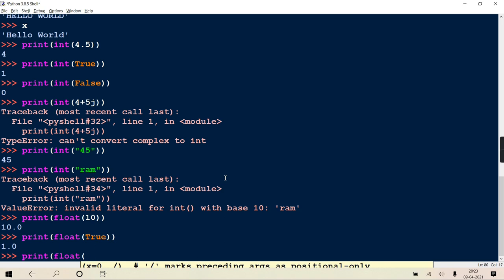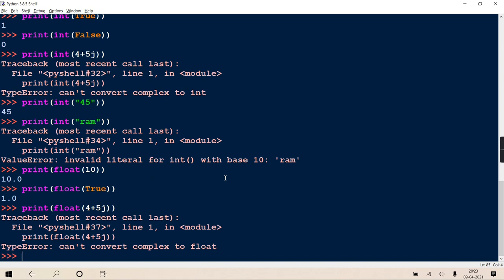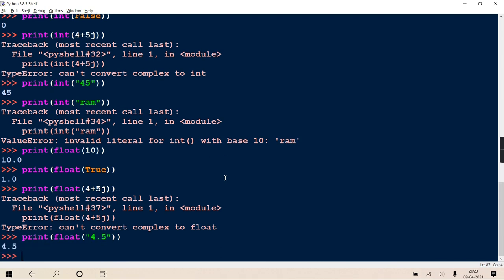Float of 4 plus 5j gives a type error, because it is not legal to convert a complex to float. And conversion of string to float is legal, like string 4.5 will give float 4.5.